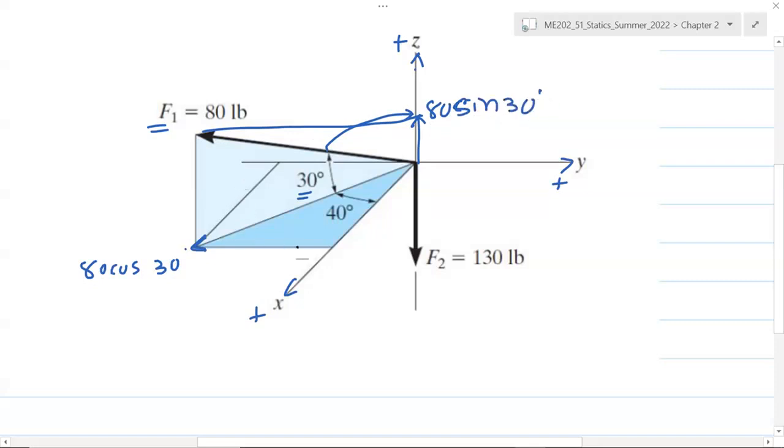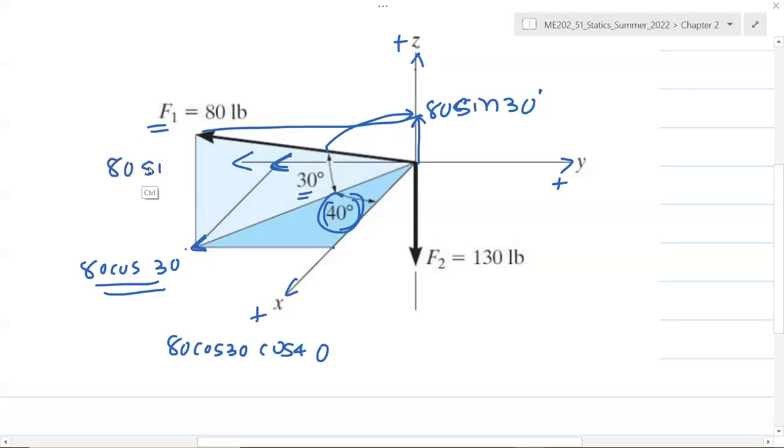Now to find the x and y projection, we need to further project this vector onto the x-axis using the second angle, which is 40 degrees. So 80 cosine 30 multiplied by cosine 40 is the x projection, while the y projection will be in the negative direction because positive y is here. That will be 80 cosine 30 and sine of this angle. That will give us the y projection. So this is the y projection, and that is 80 cosine 30